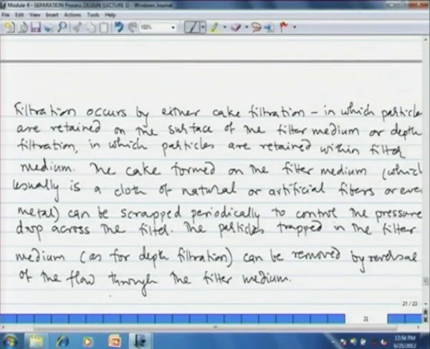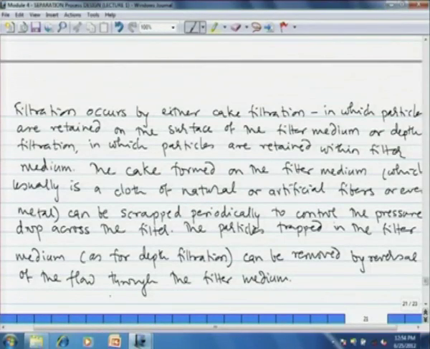Now, taking the same example of the HDA process that we have seen in the previous modules, hydrodealkylation. That process contains a total of 5 components. The reactor effluent contains 5 components: first is the product benzene, the byproduct diphenyl, unreacted toluene, hydrogen and methane. Now, when the reactor effluent comes out, it is in vapor phase. So, all components are in vapor phase, and we have to phase split that. So, phase split becomes the first separation operation. Then, how is phase split obtained? It is by expansion of